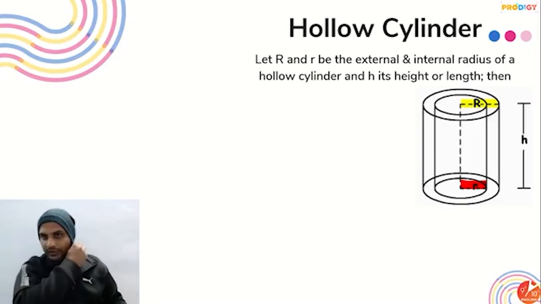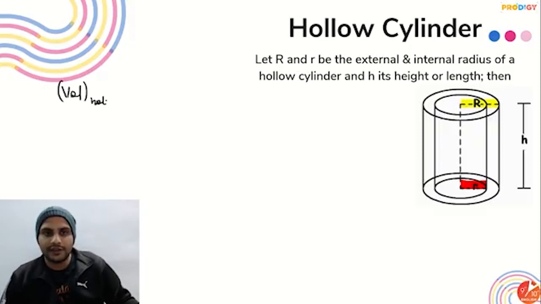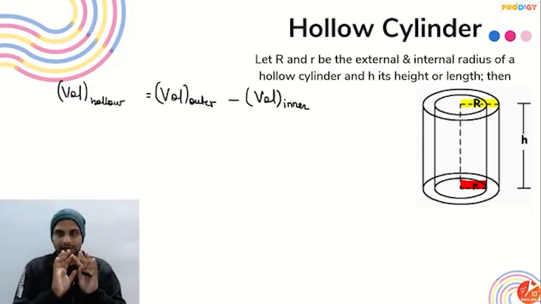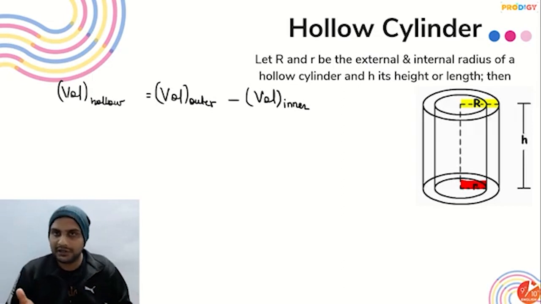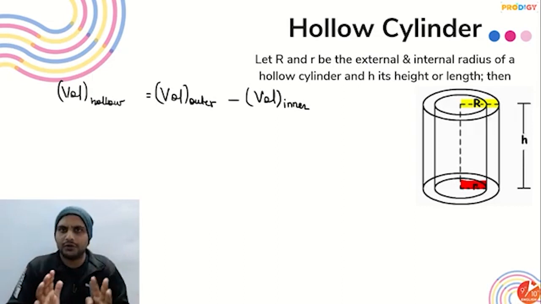So first let's talk about the surface area and volume of it. All right. So when I talk about the volume, so volume of any hollow shape is very easy, will be volume of outer minus volume of inner. You can understand it in this way, that suppose the outer, the bigger cylinder contains some material. It is made up of iron. It has some mass of iron, some volume of iron is there.